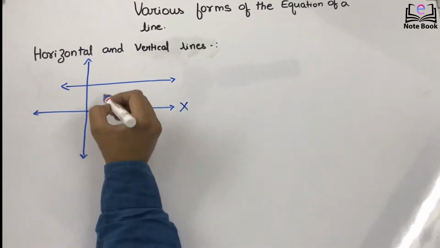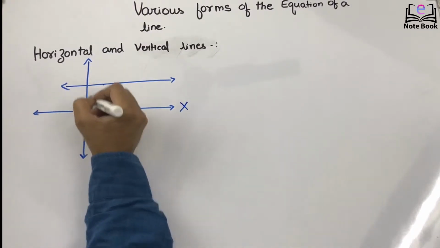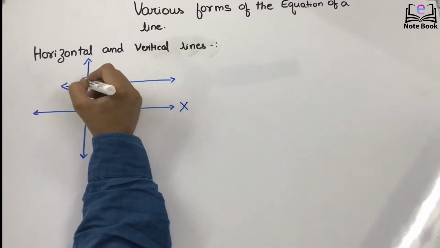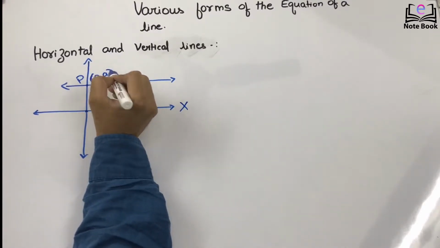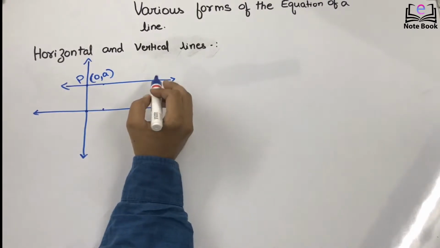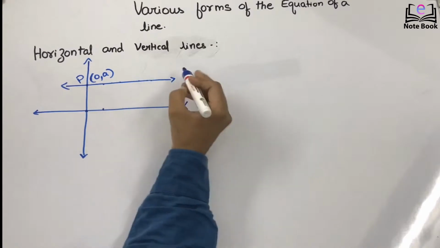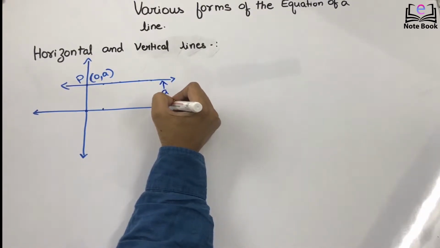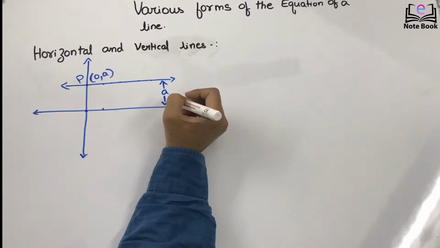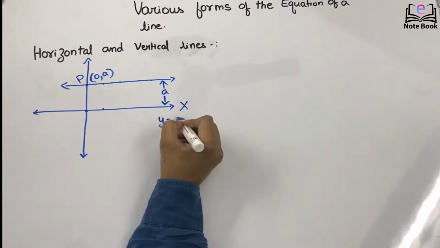Consider if this is at a distance of a units, then the coordinate of point P will be 0, a. And if you consider any y coordinate on this line, it will be a, because the distance from x-axis to this line is a. So you can write the equation of this line as y equal to a,